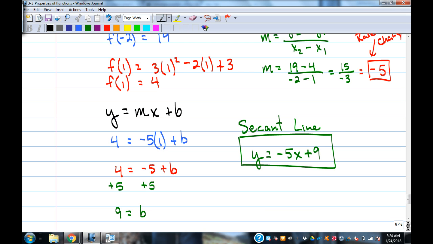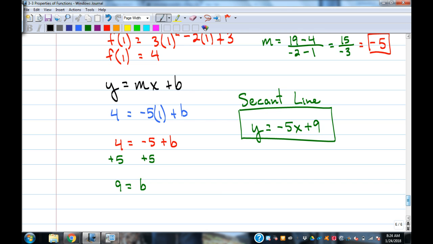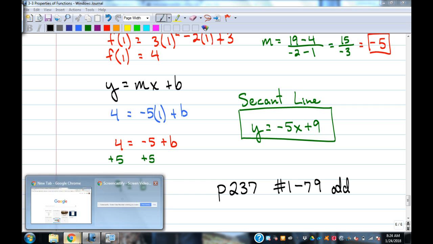All right, that's the last thing in this section. It had a lot of different things in it. Problems would be 237, 1 through 79, odd, obviously. And if you need to work on some even ones to get a better handle on some of that, you can. Writing the equations of lines is something you've done in Algebra 1, so it may be something you have not done in a while, but it is something you